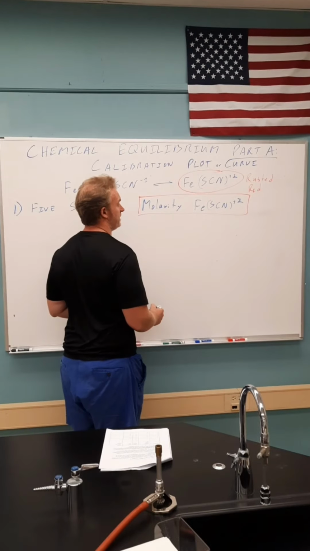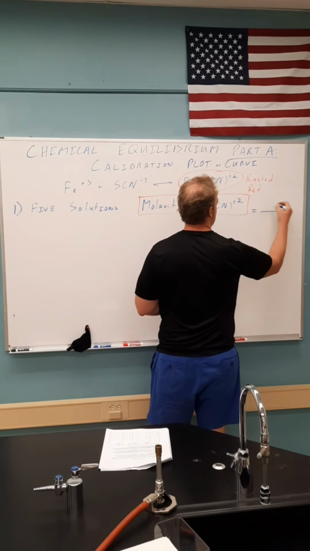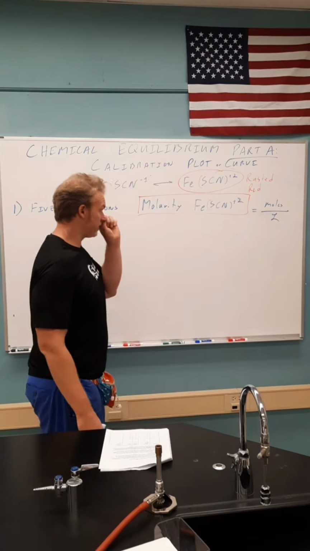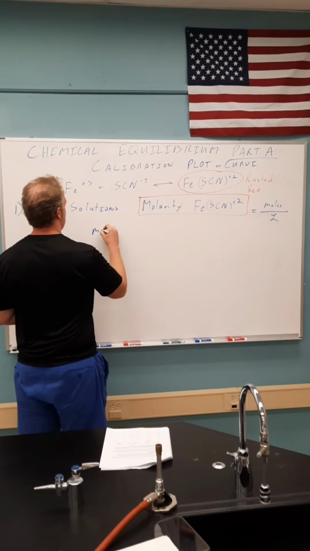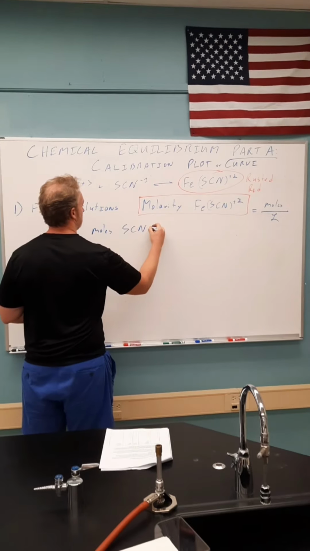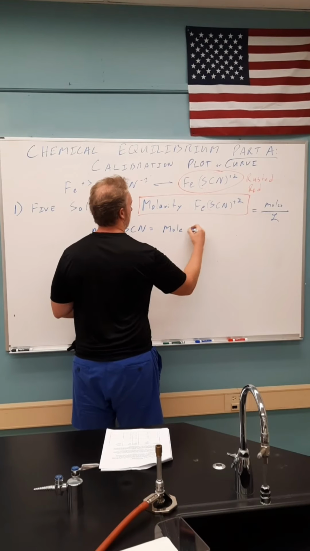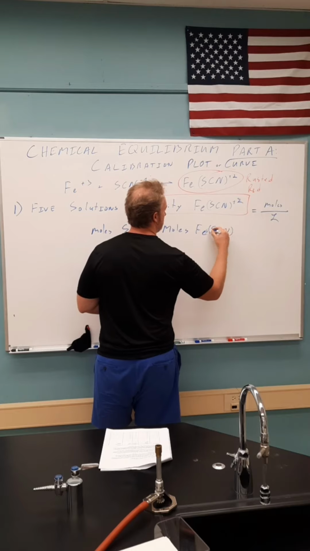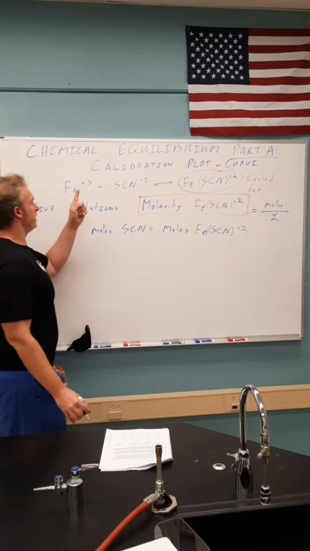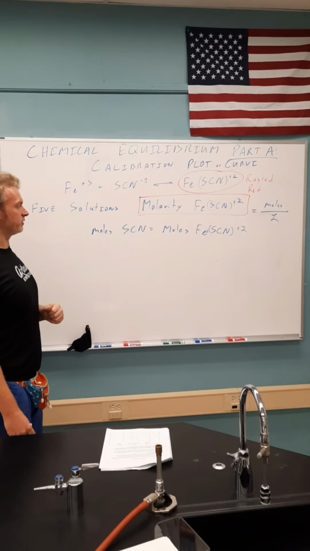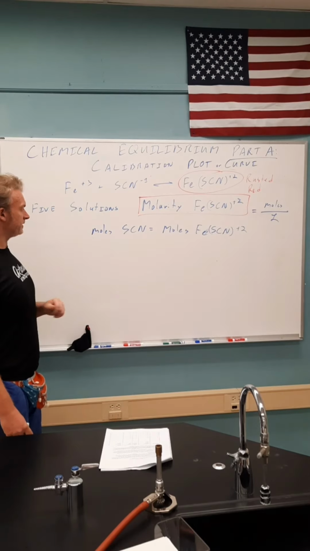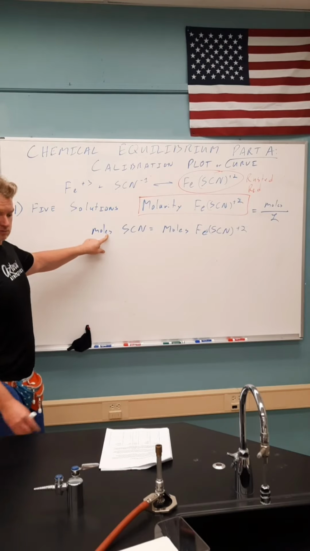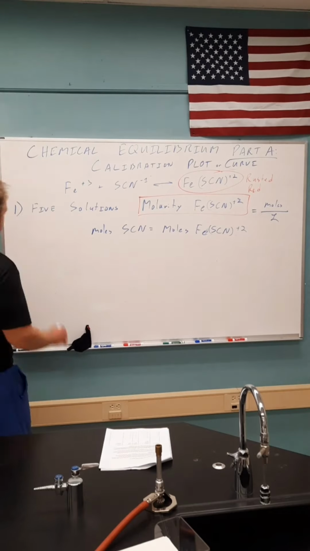The molarity of FeSCN is always going to be in moles per liter, because that is the definition of molarity, and we are going with the assumption that the moles of SCN equals the moles of FeSCN that will be produced, because we have a 100-fold excess of iron right here. So to calculate this right here, our moles of SCN, our molarity on that day